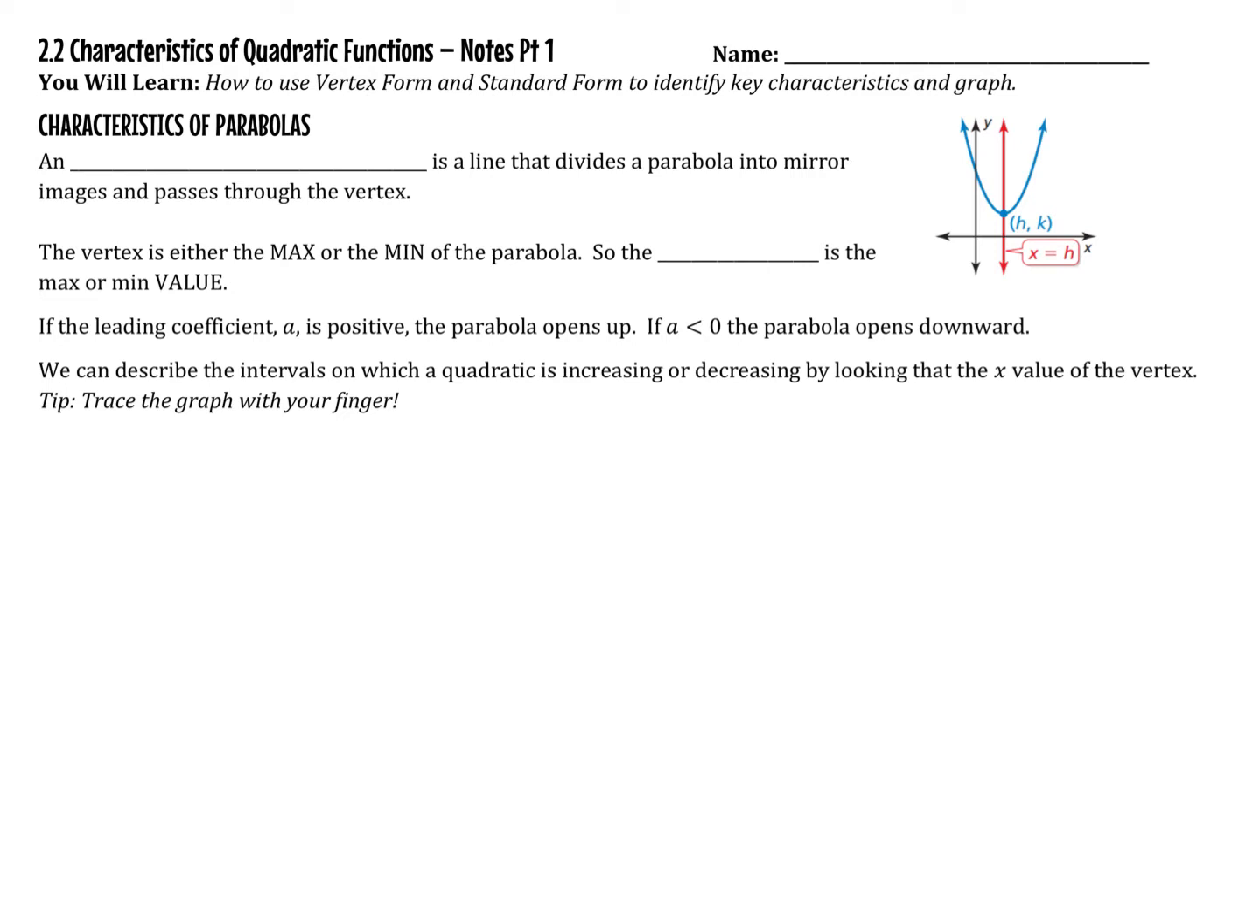So let's start with talking about the shape and the specific characteristics that help us graph and use a quadratic function. One of the most important things about a quadratic function that helps us graph it and is really unique to it is that it has an axis of symmetry. So this red line over here, this vertical line, x equals h, that is the axis of symmetry. So an axis of symmetry is a line